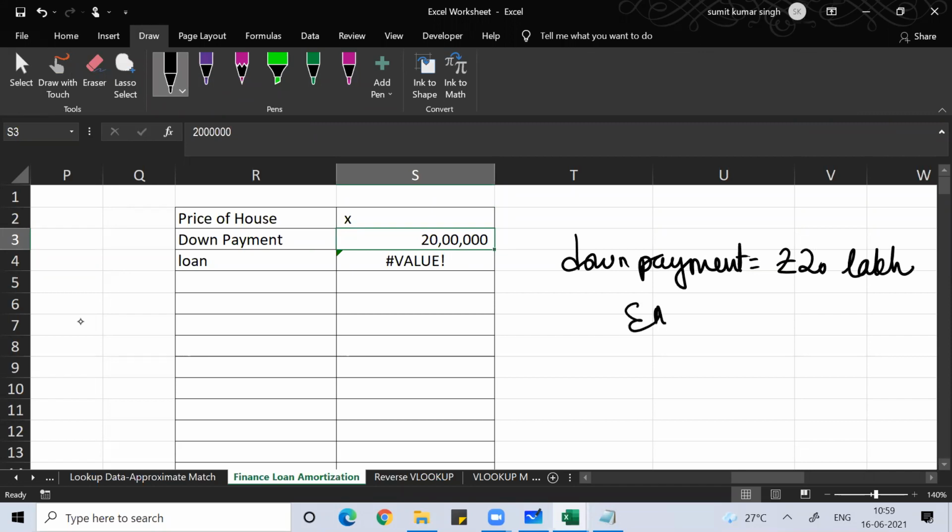And the maximum EMI I can pay every month is 25,000. This is the maximum I can pay, guys. I can't pay more than 25,000 EMI. So you tell me, what price of house can I target in Bangalore?